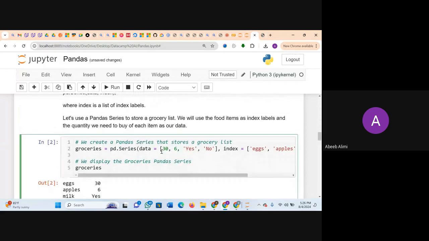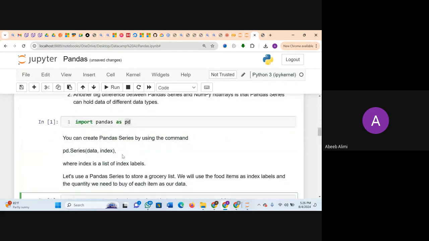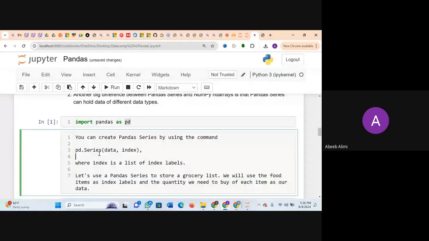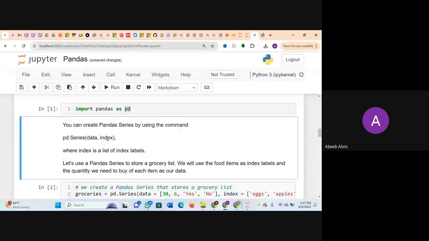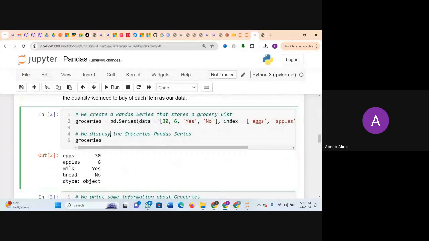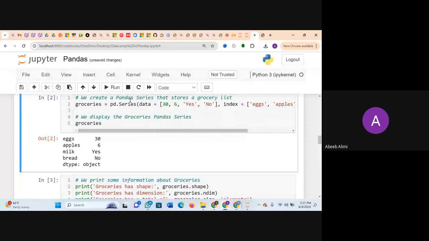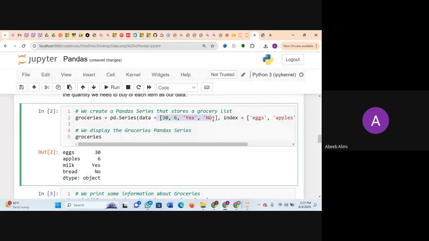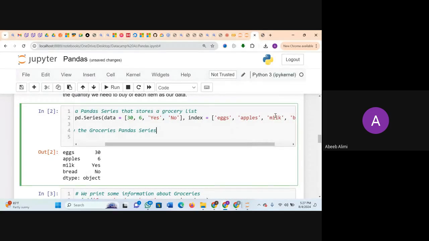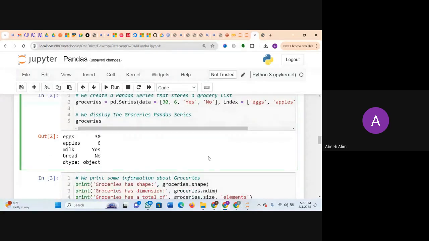All right. So in this particular case, remember I said if you want to create the pandas series, the syntax you use is pd.Series. So Series is a function, or a method, inside your pd library. That is what that means. And inside it, you can say data, then comma, index. So if you come in here, we have created a particular data series and we now label our index to be this. We have talked about this also in the past, so we can always go through the notes.